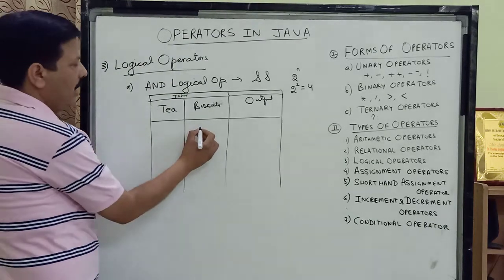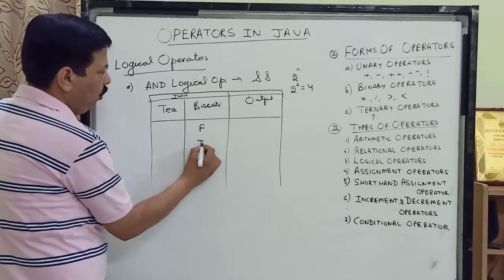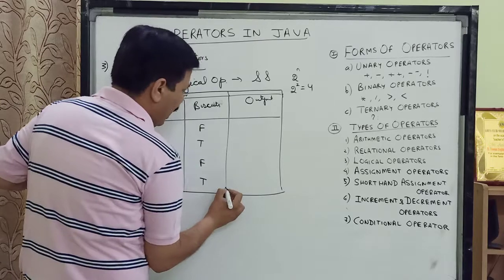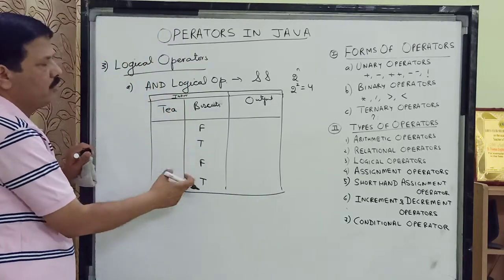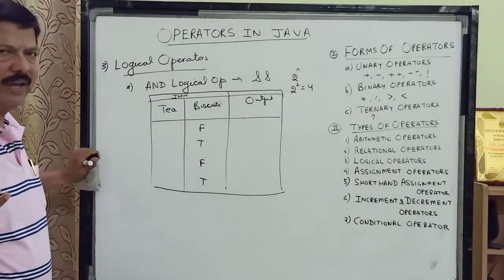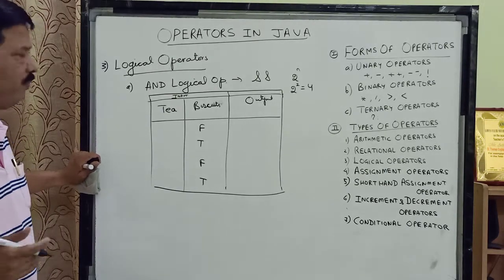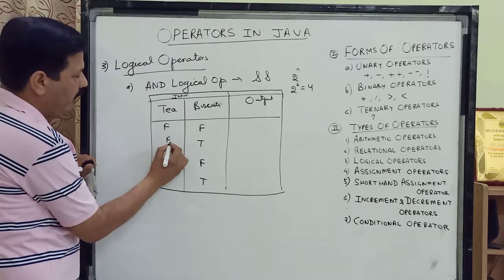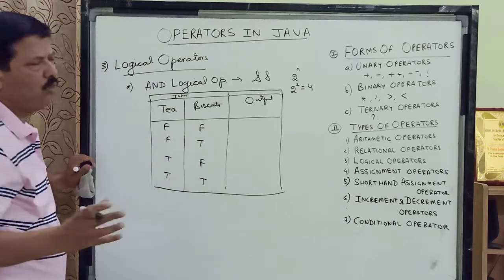So first I am writing here false, true, false, true. So children, what I have done over here is I have started with false, true, false, true, just written one after the other. In place of false, I can write 0, 1, 0, 1 also. And in the second case, children, I am repeating false twice: false, false, and true, true. This is the way to represent.